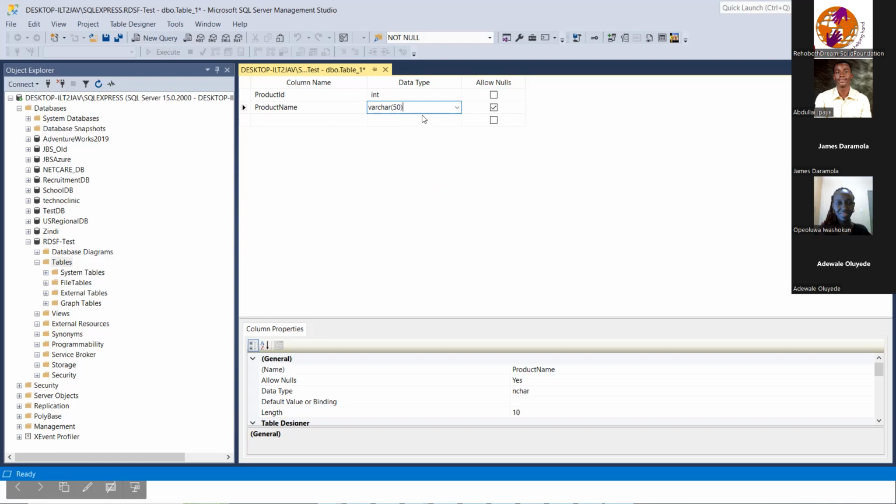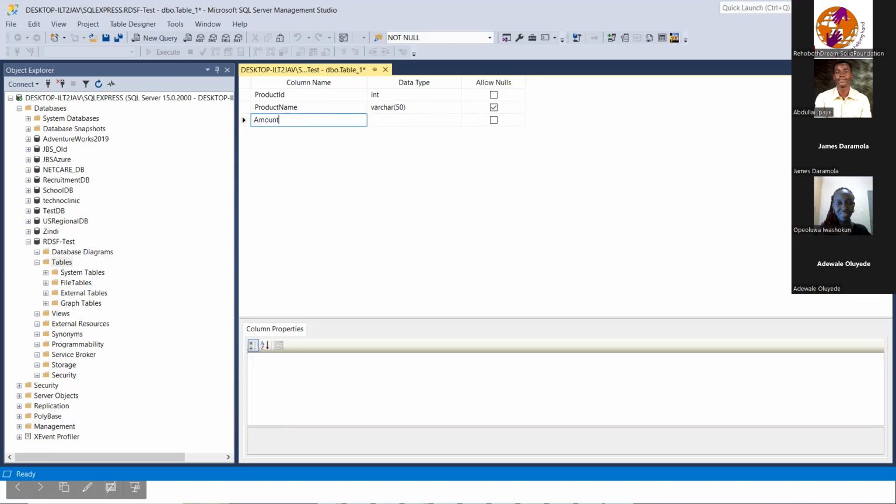But most times I advise that you use varchar. On Alpha 5, this varchar would be displayed to you as character type, like we saw yesterday, char. So just pick the character type, whether char or varchar, but just make sure that you reserve enough number of spaces that will take the product name. So I can leave this as allow null. So product name,